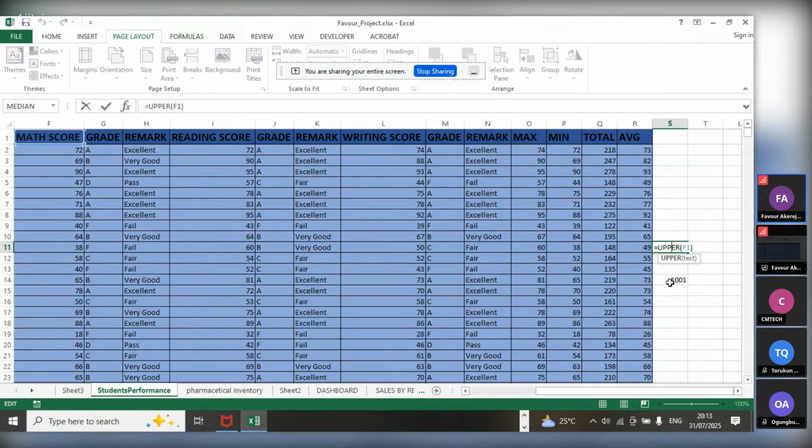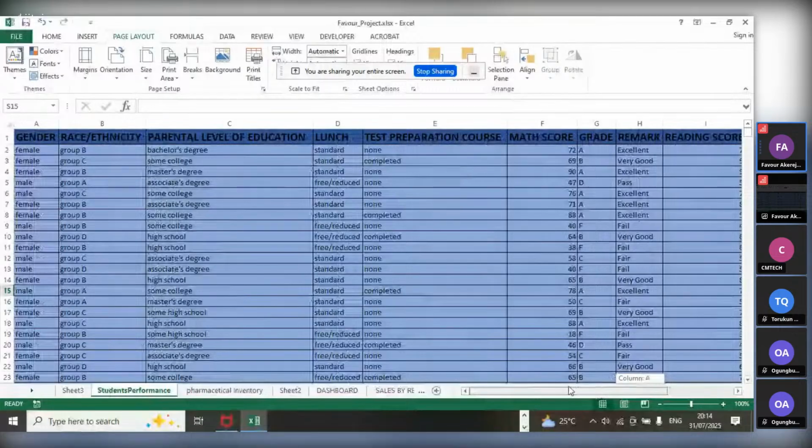To do that, I used COUNTA. When I entered it, it gave me the range of the cells, which was 10001, so it could be easier for me to navigate while I was working. The next thing I did was to check